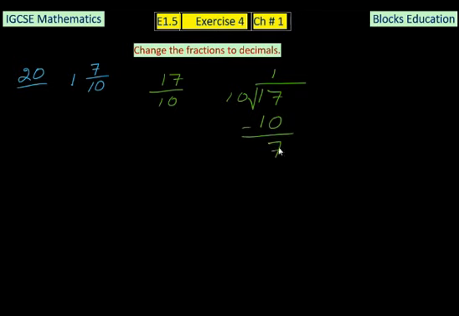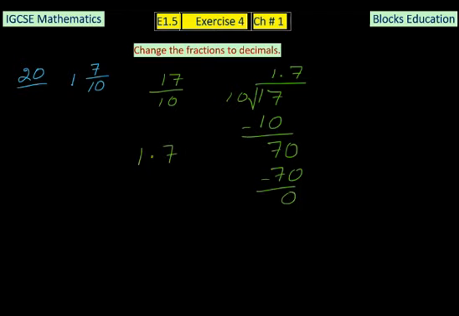So now 7 is less than 10, so you need a 0 here. In order to get a 0, you have to add a decimal or a dot here. Now you can add a 0 to it, and 10 sevens are 70. And now you have a 0 remainder. It means it has divided completely. So the answer is